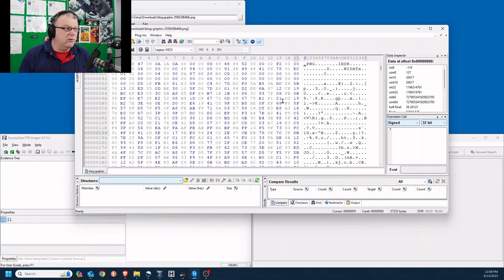But we can also look, if you look right here, these first 2 bytes of this particular file, those are special bytes. That tells me what type of file this is. So if I was working with a Microsoft Word document or I was working with a PDF file, this one happens to be a PNG file. Those first 2 bytes, sometimes you refer to them as magic numbers,